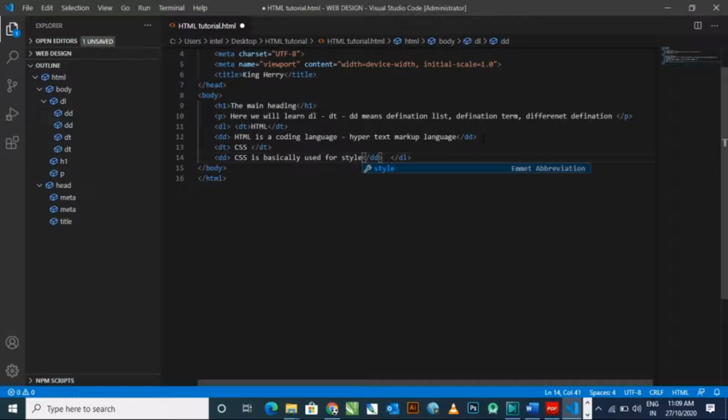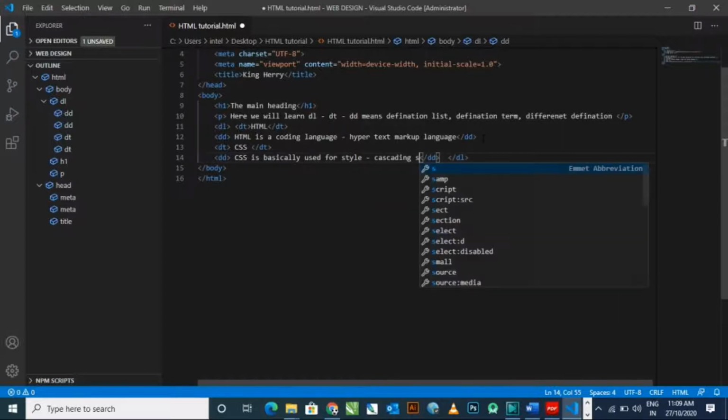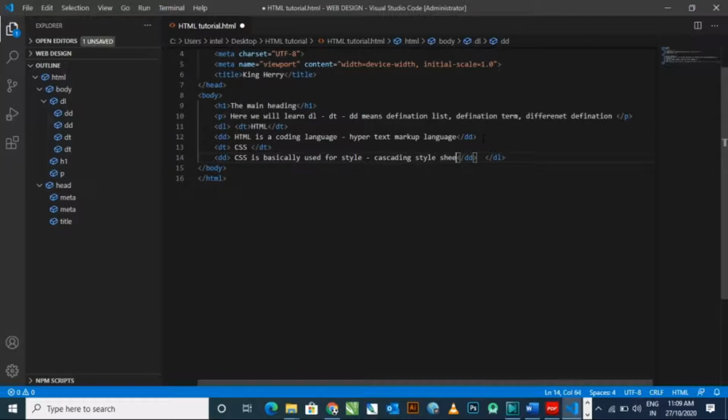Simply I am typing here, CSS is basically used for style, described as a cascading style sheet. Now Control S.